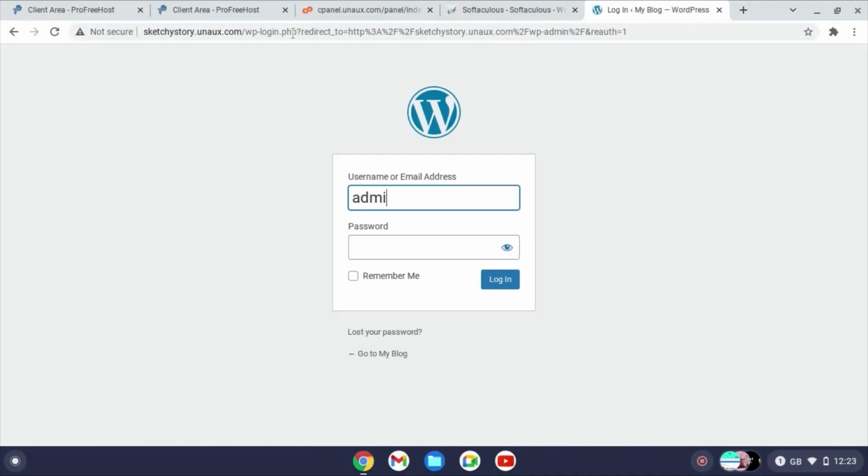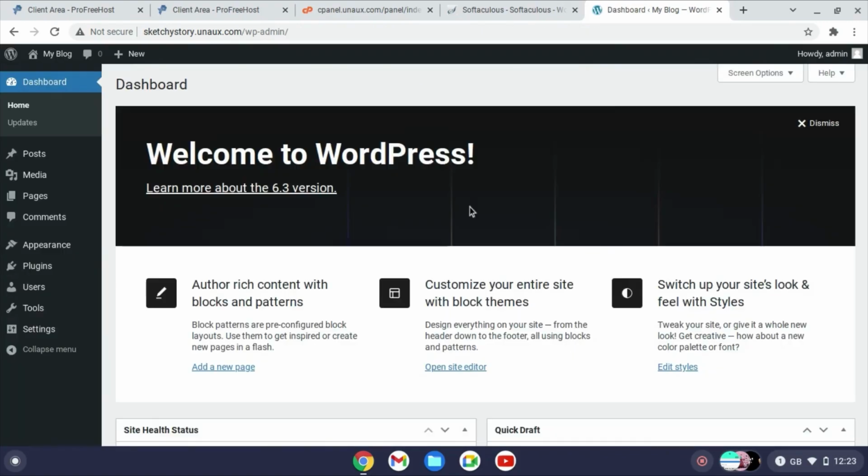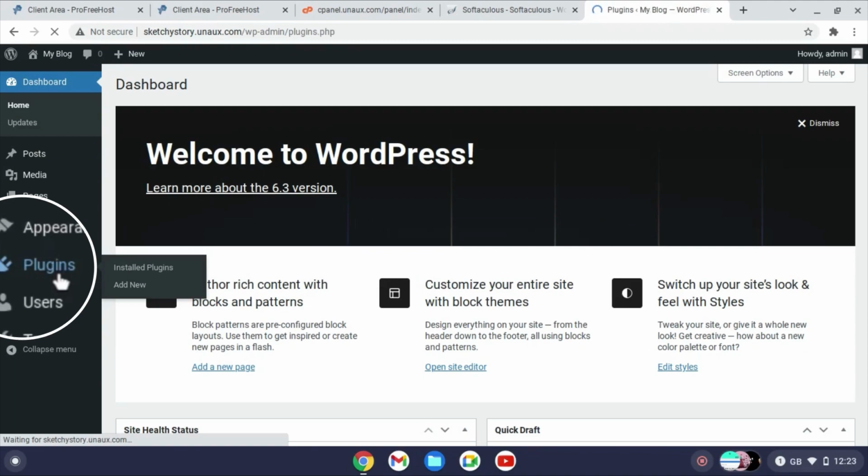We are going to type the username and password we set up when installing WordPress. You will be redirected to the dashboard. Then click on Plugins